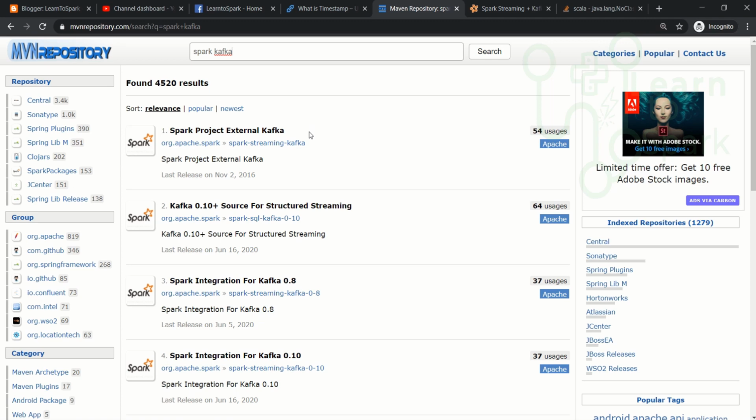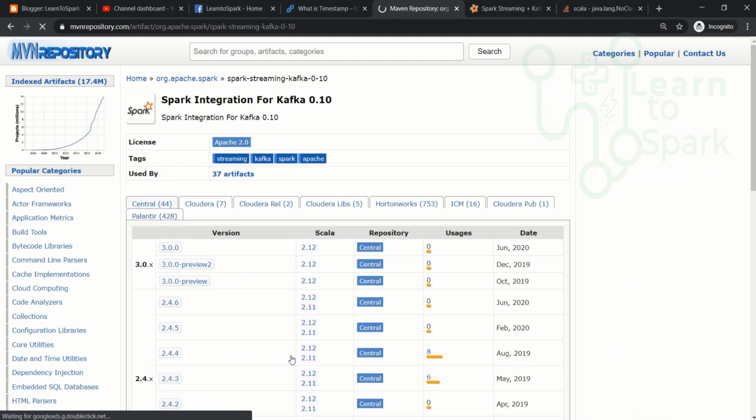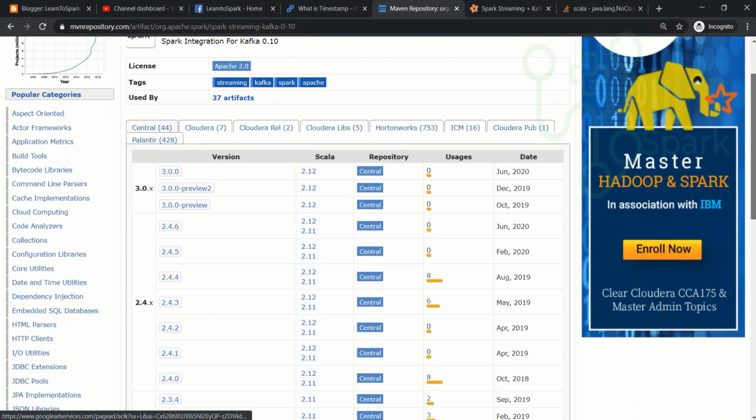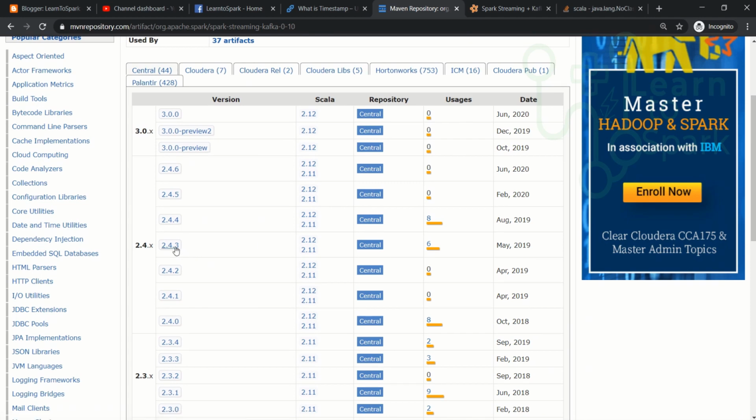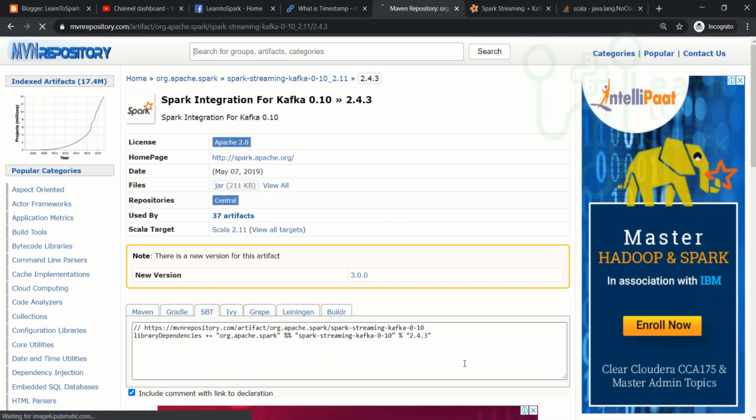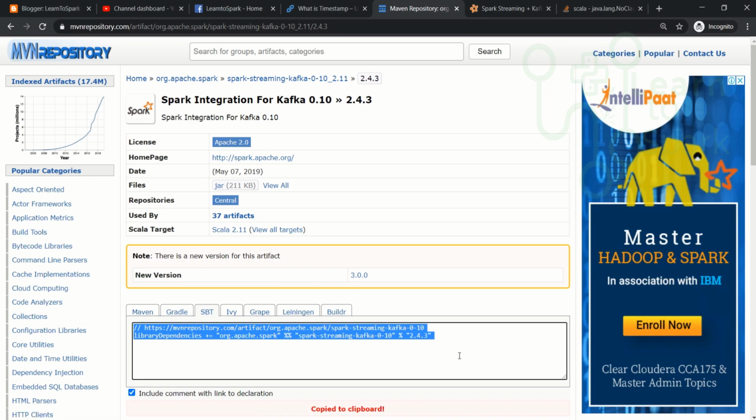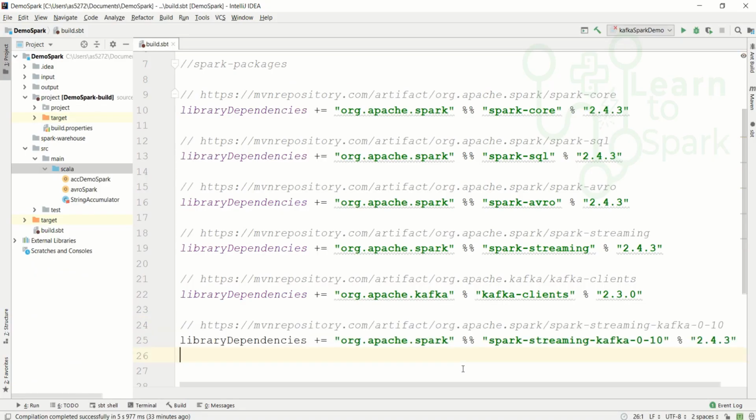So if you are using version 2 or greater than 2, please choose Spark integration for Kafka 0.10. Let me choose that, and here again 2.4.3 and the 2.11 version. Let me copy this and paste it here.